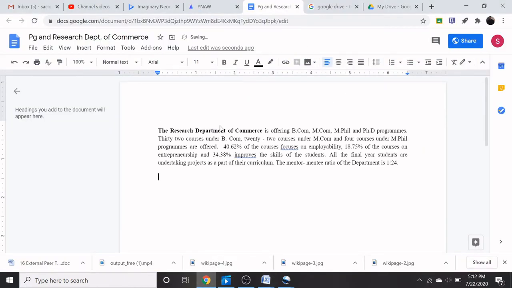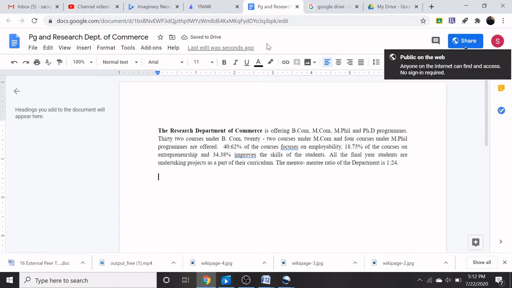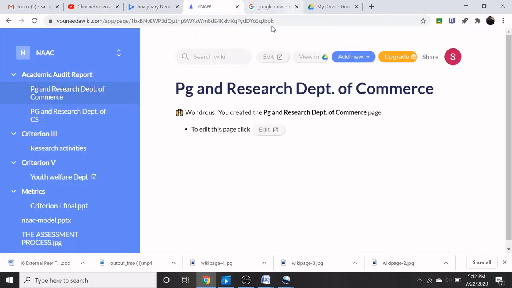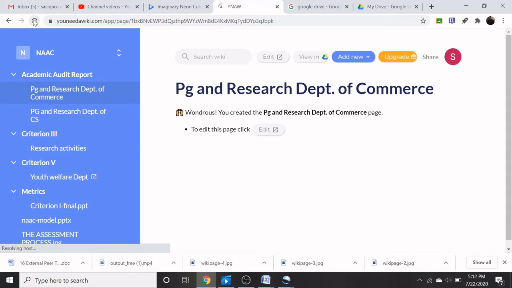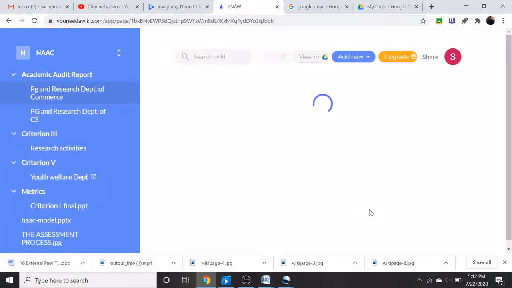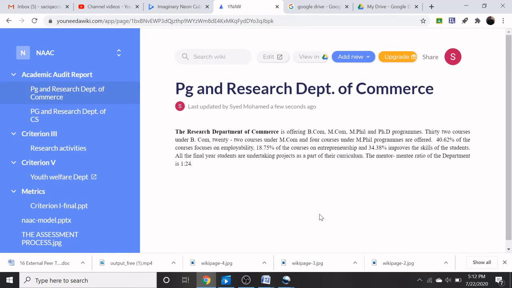Then, as I already mentioned, either you can use the share option or close this. Now just refresh this wiki page. Whatever I have typed or copied from the other folder or a Google document appears on the wiki page.